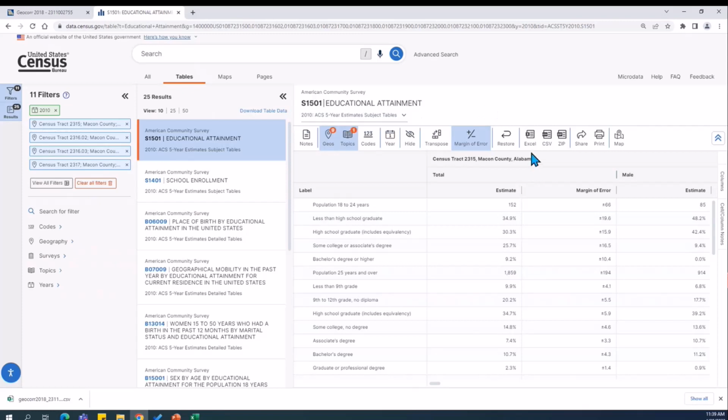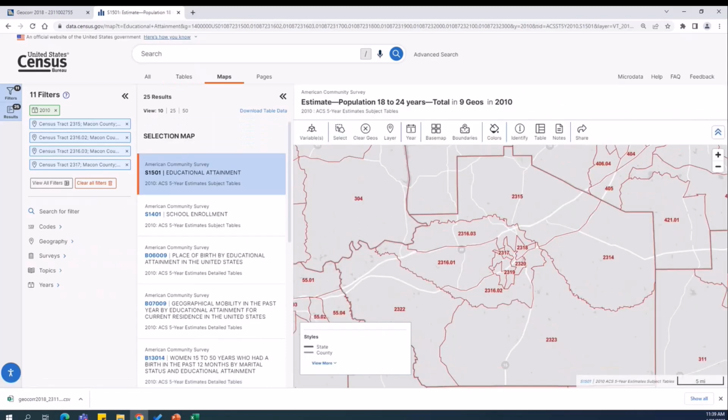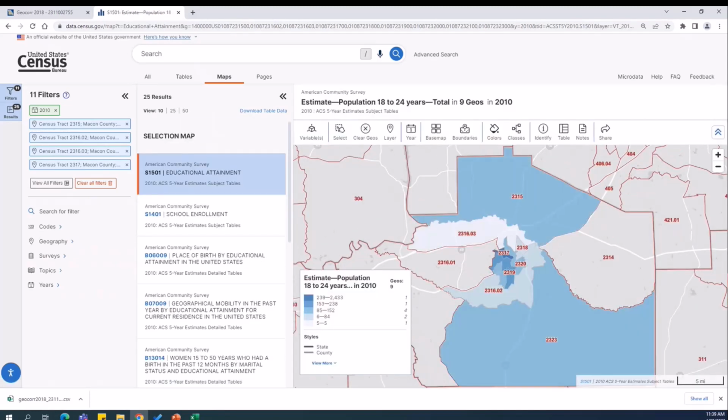I can download this table in Excel. If I click on this icon, what I will see will look like what's on the screen. I can also map the data by clicking on the map icon here. Once I click on the map icon, a map is quickly revealed, and the first variable in the table is shown. But I can change this variable by clicking on the variables option here,